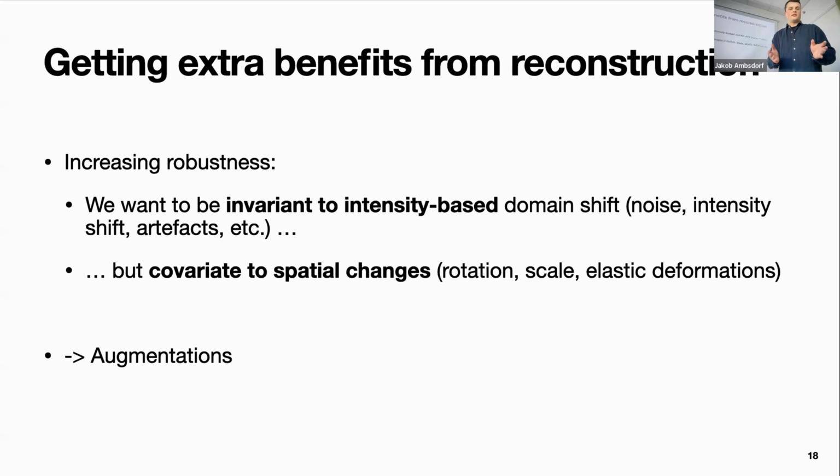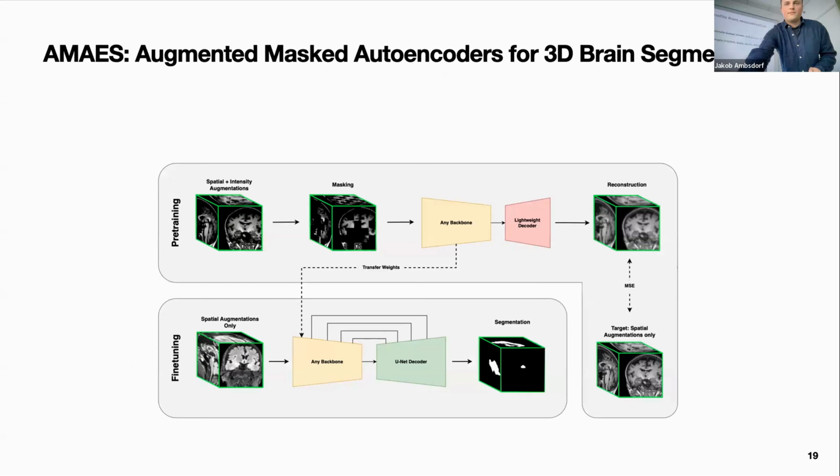So as I said, this is typically done through augmentations. It's also the way we approach the problem, but in a slightly different way: by using the augmentations also during the pre-training. This is something that's usually not done because one assumption might be, if I have a pre-training data set that is large enough, maybe I don't need the augmentations. The augmentations are there to make my data set artificially larger. But we found that in this case it's actually still giving quite a nice improvement.